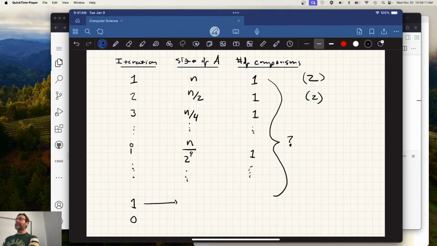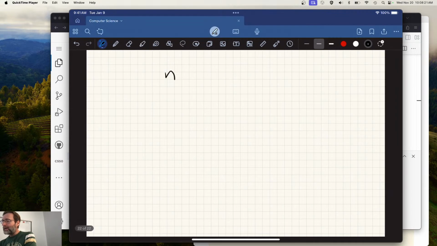There's the big question. When the size of the array becomes 1, I should have written that over here instead. So you tell me, n divided by 2 to the I is equal to 1. I need to find I. This is just algebra. There's no tricks here at all. Now it's no longer algebra. Now it's